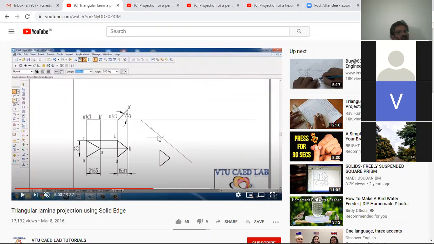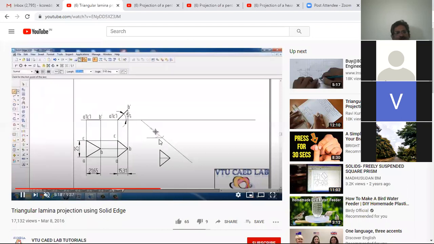After drawing the locus, what do you need to do? Once again, I have to take the apparent length of the median, that is 15.31. Then with the same center, you need to cut this locus. So here use the arc by center point command, locating at the same center, and cut the locus line. He has taken the arc by center point command. He has taken the radius as 15.31. See, the radius is typed as 15.31, and then draw an arc to cut this locus line.